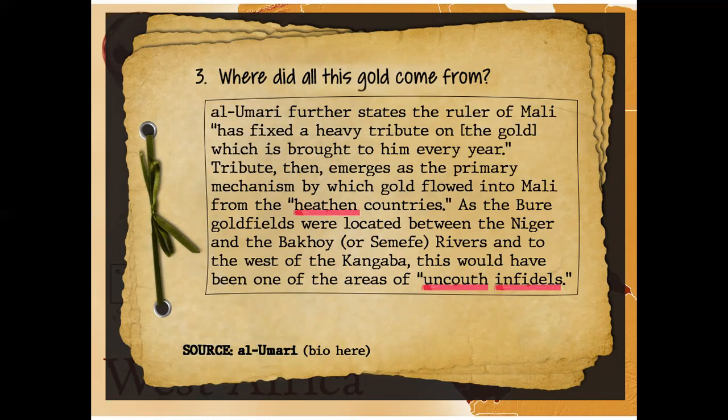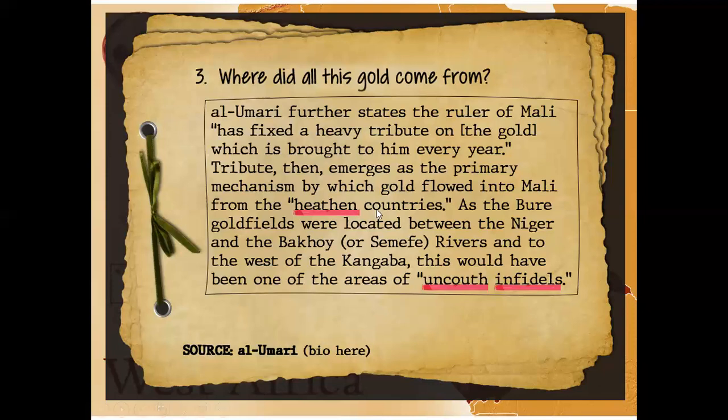Then, as we have with each of the sources, we want to use the information we have just read to answer the question at the top: where did all this gold come from? So Alumari is adding to the source we read previously, saying that the ruler of Mali, which of course is Mansa Musa, has fixed a heavy tribute on the gold which is brought to him every year. And so, therefore, we know that tribute is the primary mechanism by which gold flowed into Mali from the heathen